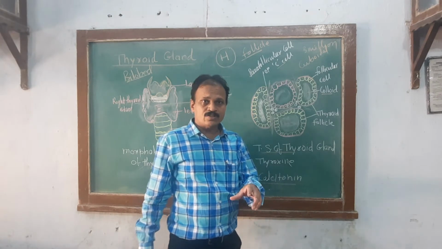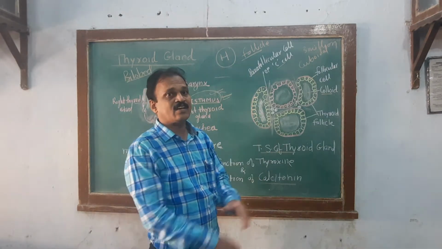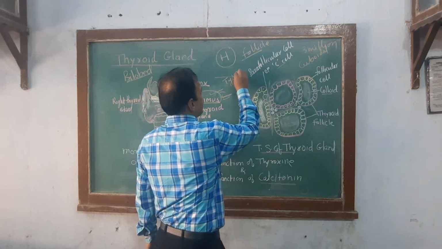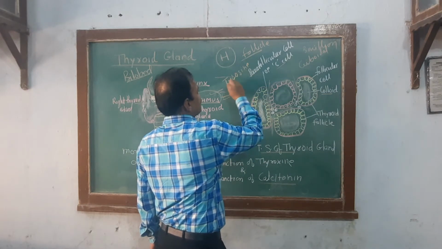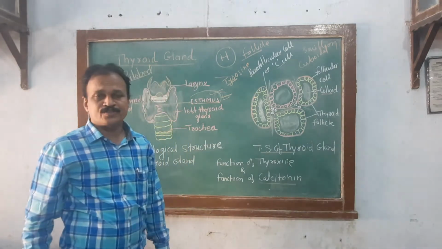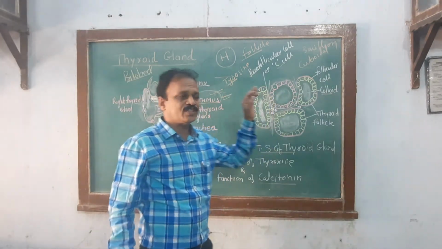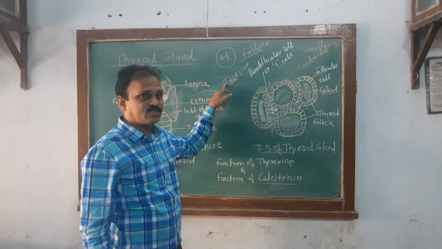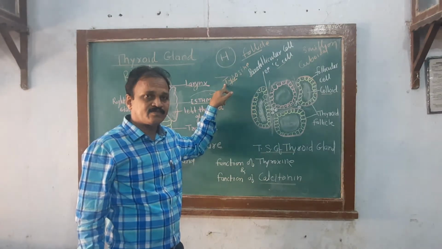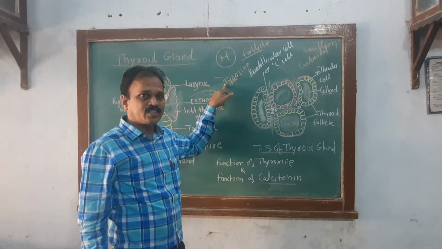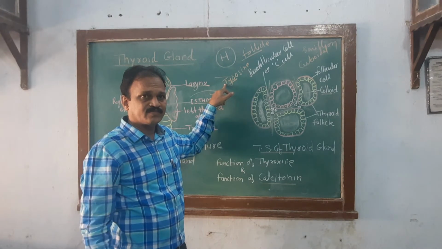Now, what do you have to see? How it synthesizes thyroxine with the help of the amino acid tyrosine and iodine molecules. Thyroxine is synthesized with the help of the amino acid tyrosine. You have to remember this also. Neat exam point for you. Tyrosine, that is the name of the amino acid.